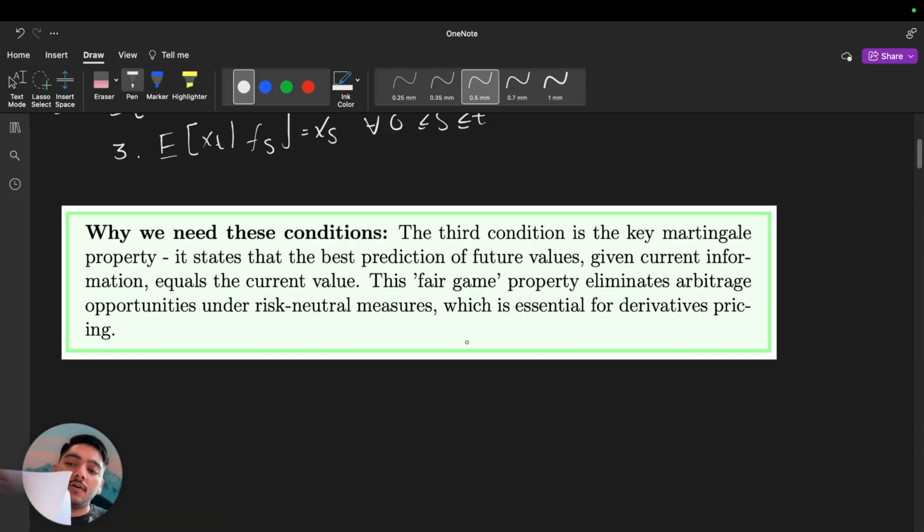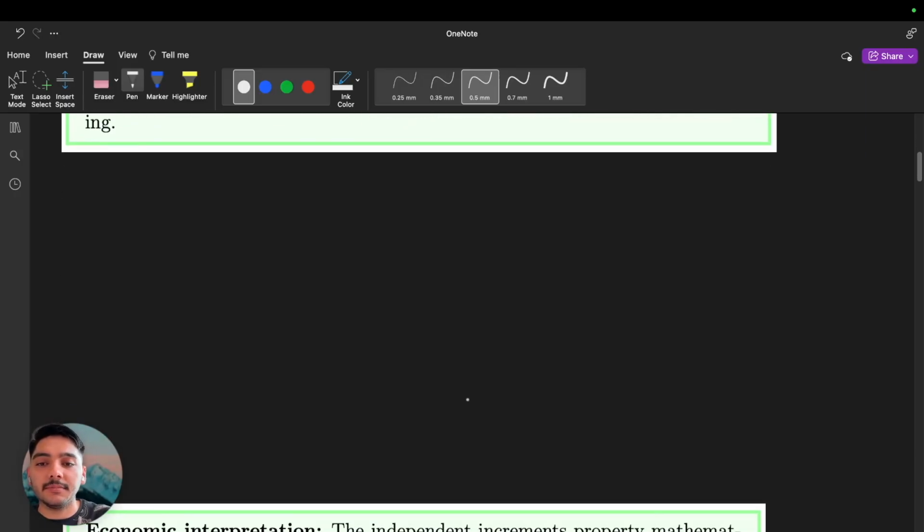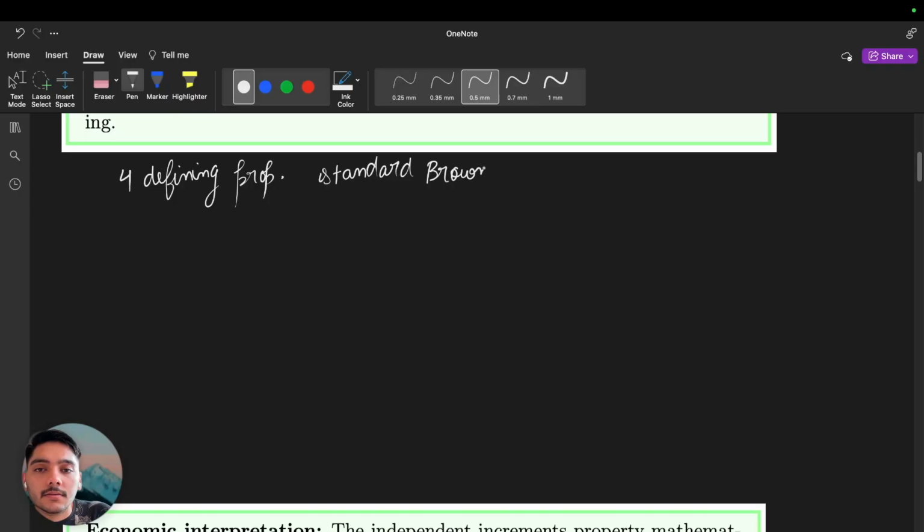Now, for standard Brownian motion, we have the four defining properties. Let me mention them here: the four defining properties for the standard Brownian motion. So the properties are